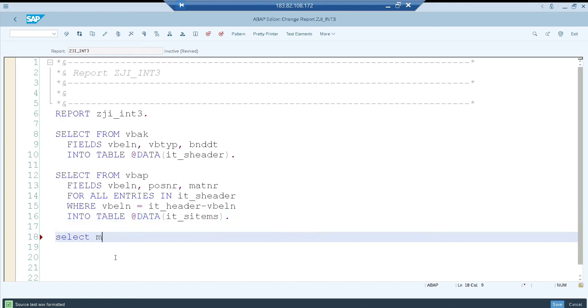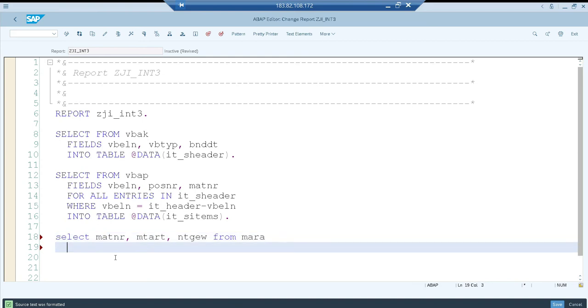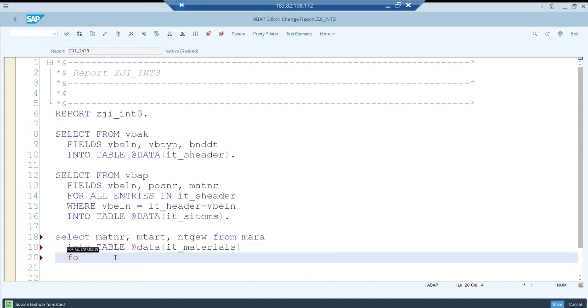Here I use matnr and I need mtart, then ntgw from Mara into table. So you can use the for all entries anywhere. There is no sequence in the old syntax. IT matr materials. Okay. For all entries in IT sales order items